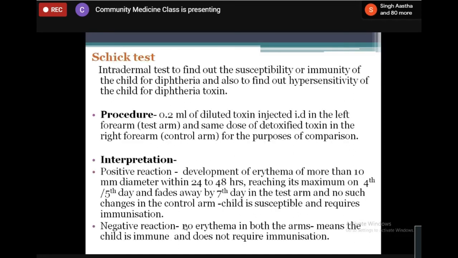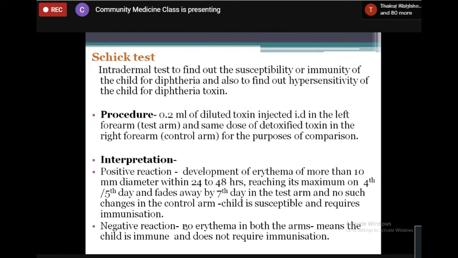Secondary infection is what it's called. So now, how to diagnose the immunity status of a child, whether the child is immune to diphtheria or not, or whether they need to be immunized or not? It is called the Schick test. It's written SCHICK, but they don't pronounce the C. They pronounce it as Shik test. It is an intradermal test, which is done to find out the susceptibility or immunity of the child,